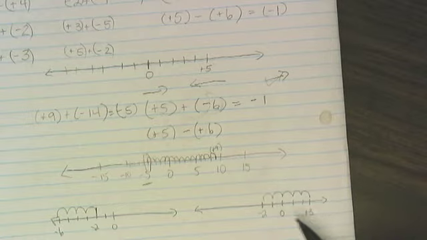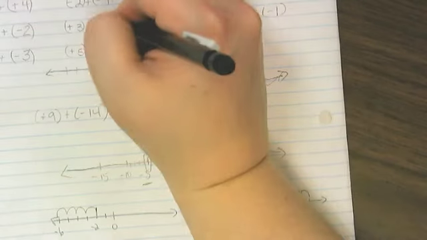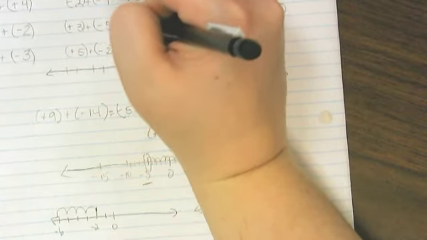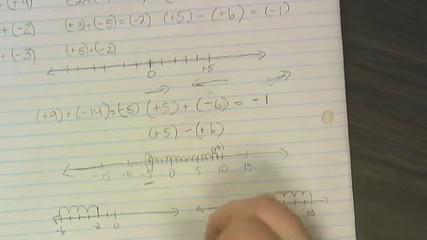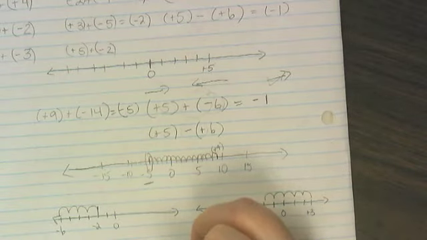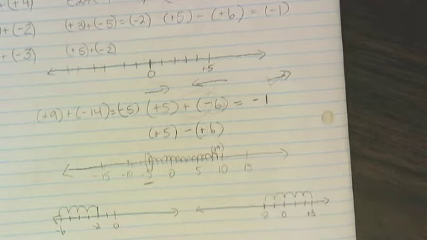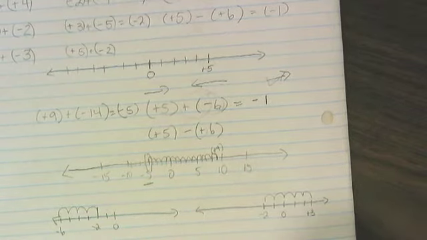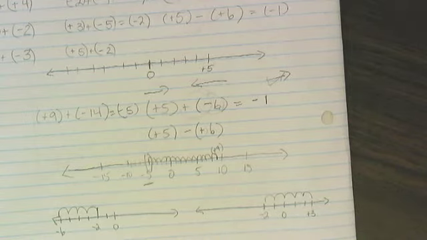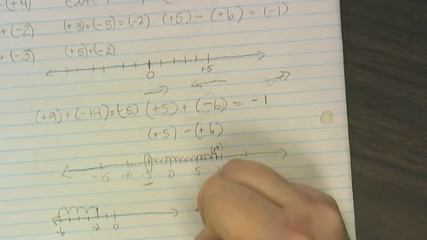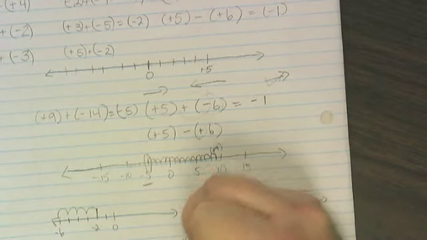Positive 3 plus negative 5 equals negative 2. Positive 5, start at positive 5 plus negative 2, left or right? 2 spaces equals